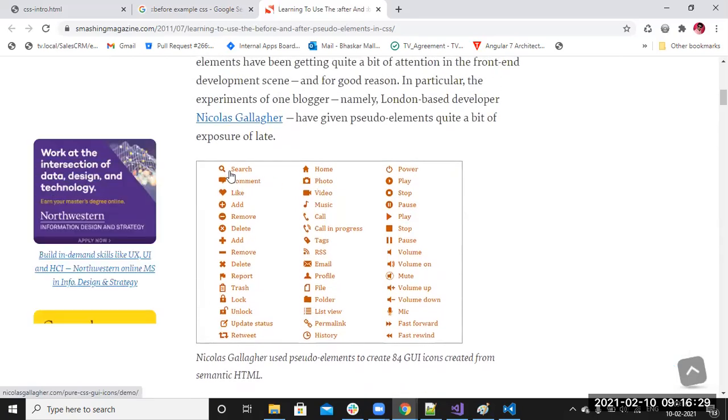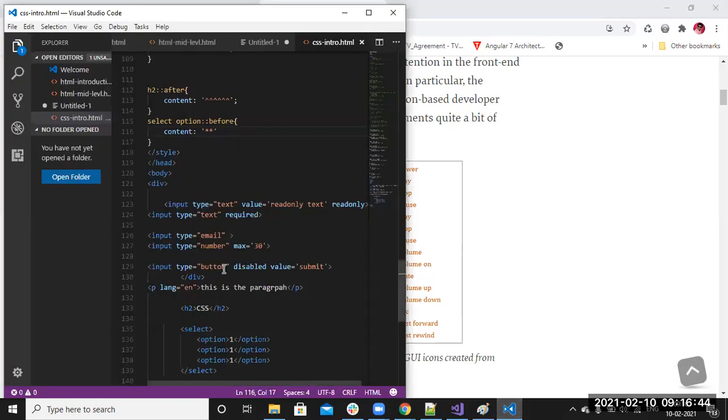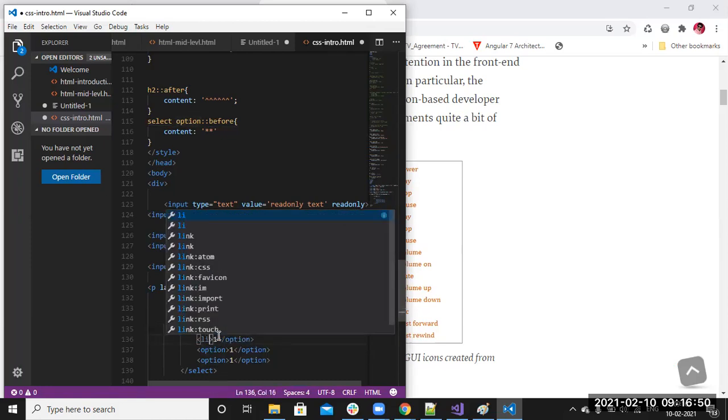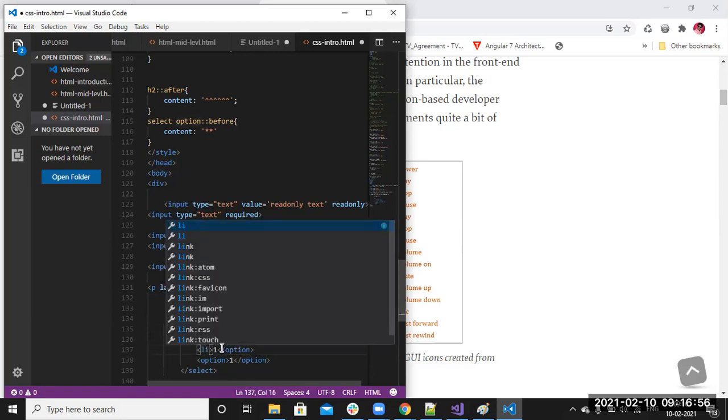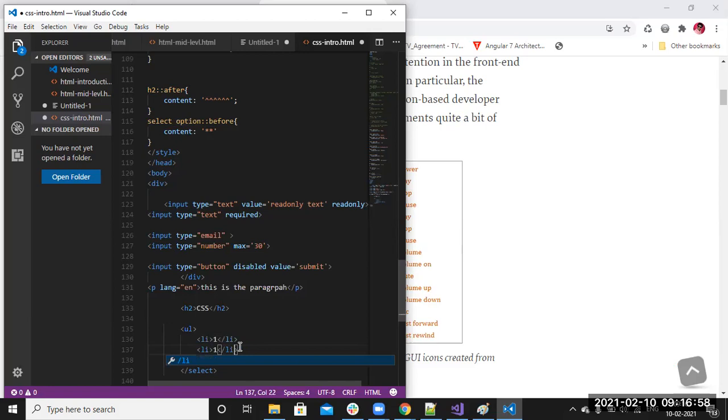See this actually. These are all colon before only. By using this, these images are there, right? Before lists, we are getting that. Simply, instead of this UL, we can change it to LI. Sorry guys about that. Option is not allowing it. In jQuery only it will allow.